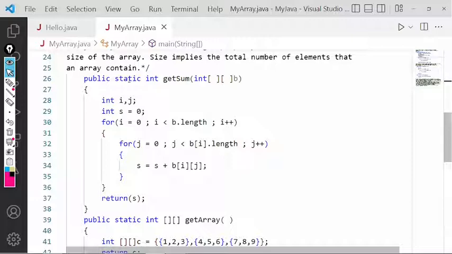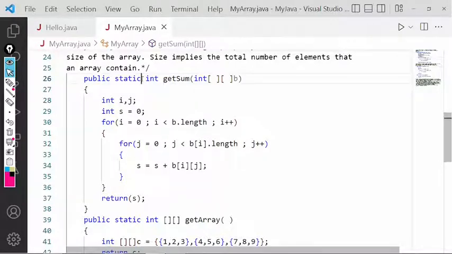Main is static. So if main wants to call this getSum function, we have two ways. If you make this non-static, then in main we have to declare one object of the myArray class, and with that object we will call getSum. But there is no need to create an object. We are directly calling the getSum function.